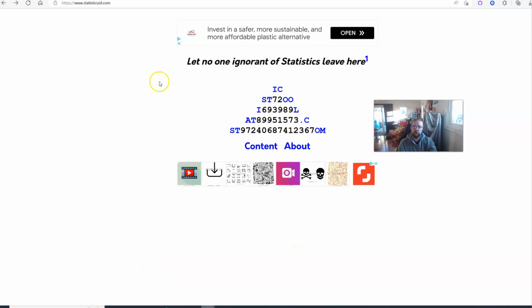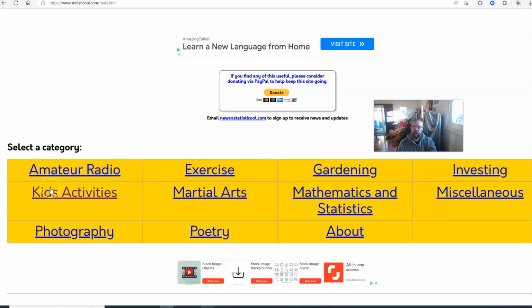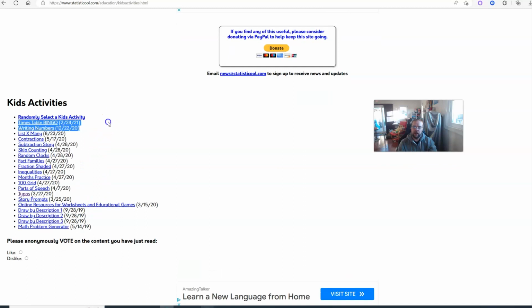These are totally free. You can go to my site at statisticool.com and I have this kids activity. I might rename that to educational resources or something like that. And I have a dozen or so listed here. And these range from story prompts to the 100 grid, inequalities, looking at fractions, random times on the clock, skip counting practice, little subtraction stories, practicing contractions, writing numbers in longhand,